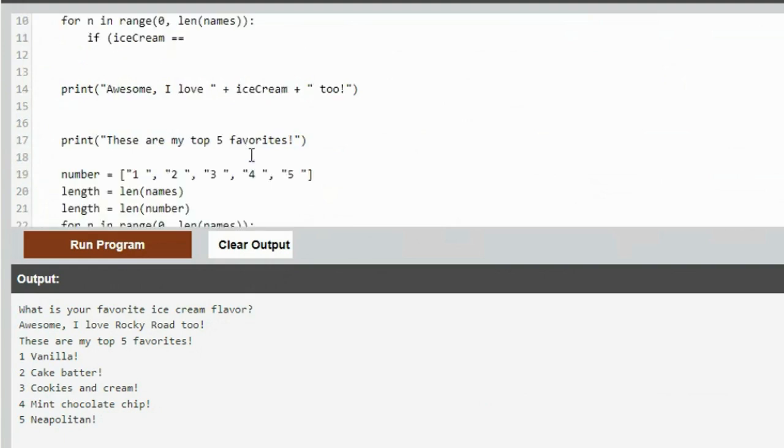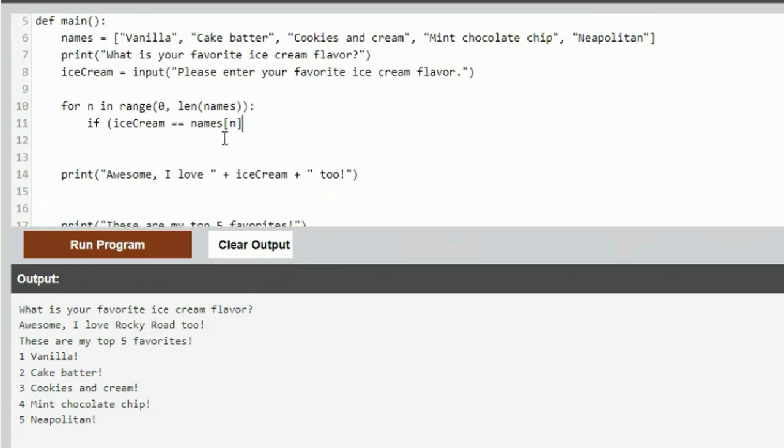So I'm gonna copy that and bring it up here too. If ice cream equals any name on the list, as the loop goes through and checks, does it match this one? Does it match this one? Does it match this one? Does it match this one? Does it match this one? If it matches, if they are the same, then